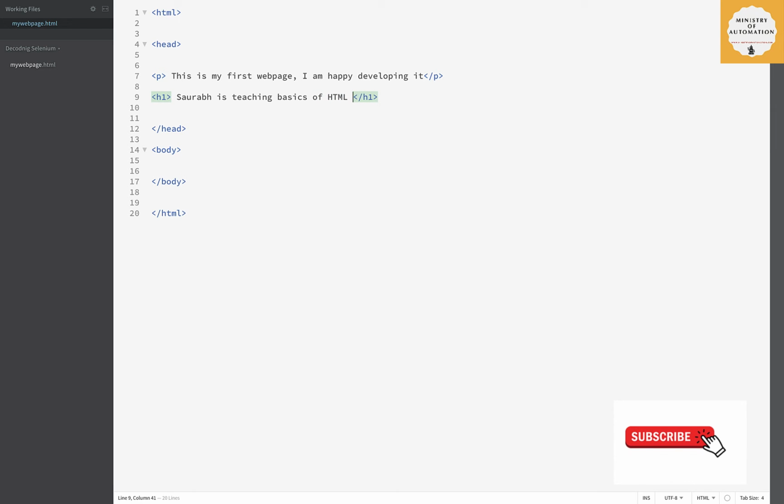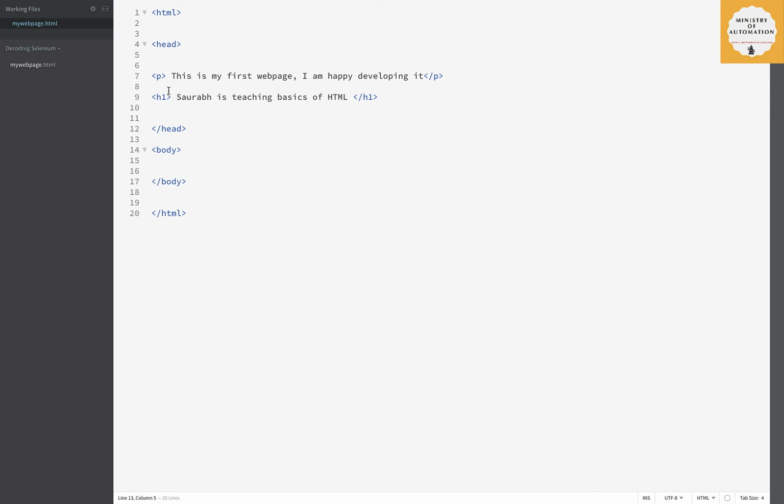Save it. You remember your childhood days, the kind of chocolate wrapper, based on that you used to understand what type of chocolate it is, right? If you have an orange wrapper, you know it's an orange candy. If it's a pink or a rose kind of wrapper, you know it's a rose kind of chocolate. So what I'm trying to say here is, in HTML, whatever information we are writing in between those tags, technically we call it inner text.